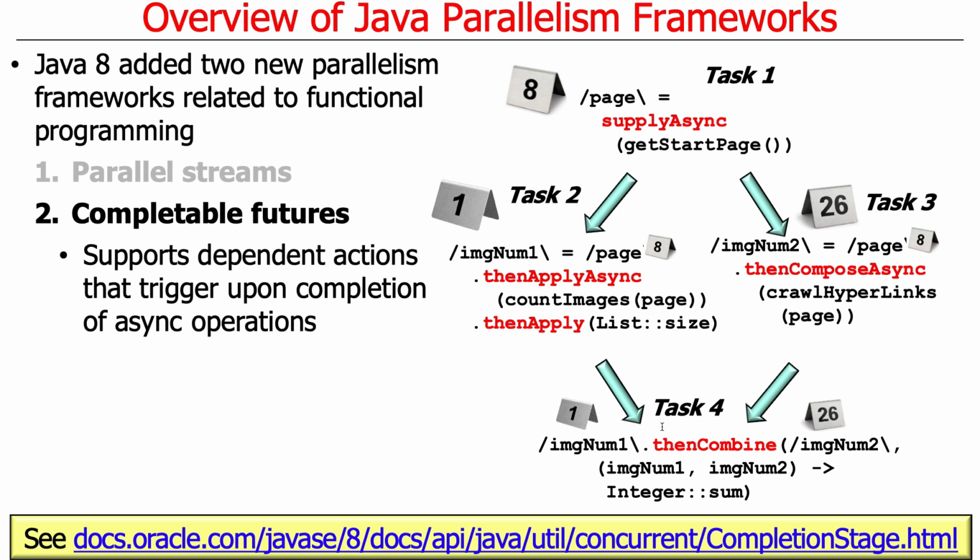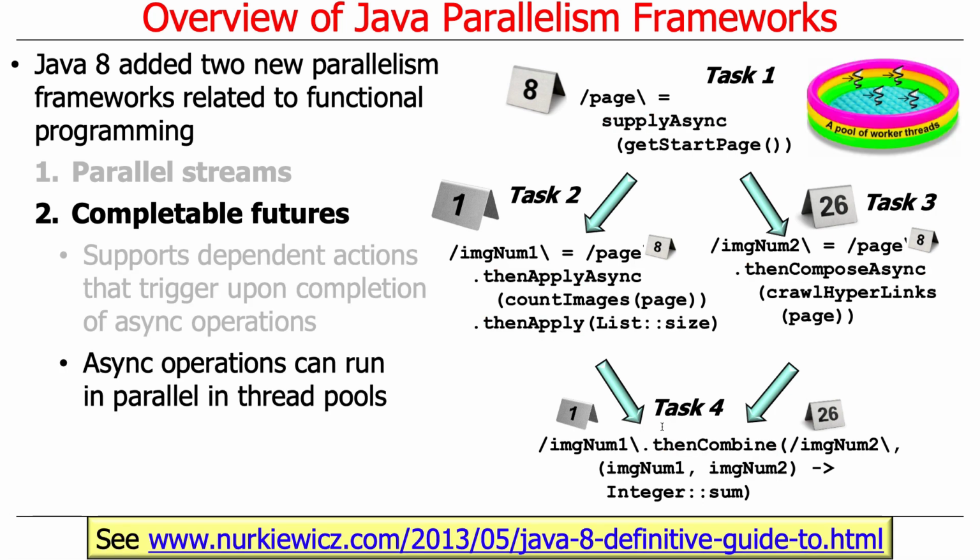So again, it's very similar to your program. And then when both of these tasks complete, we then take the results and combine them all together to get a final sum. And we'll talk a lot more about this. These are basically asynchronous tasks that have dependencies on their completion, and as a result work very nicely in the completable futures framework style of programming.